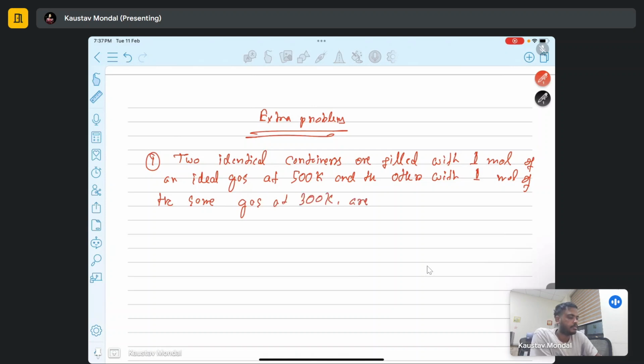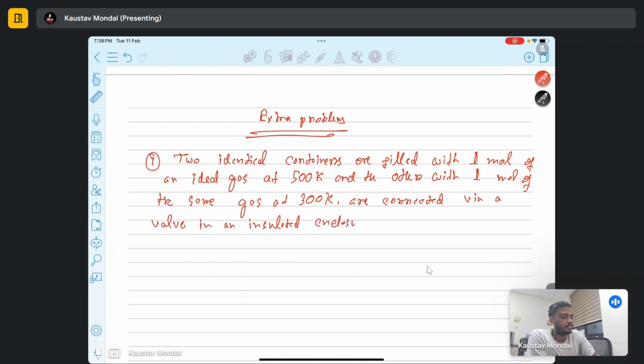Now these two containers are connected via a valve in an insulated